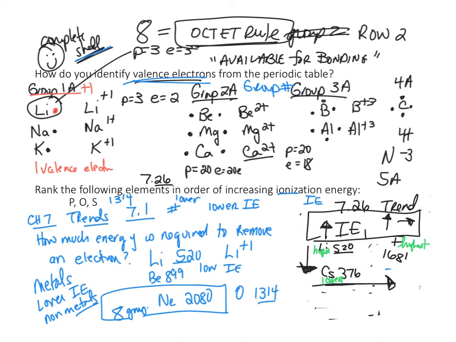And so these are the ones that have the highest ionization energy, the ones that do not want to form a positive charge. So we have sulfur here. Sulfur is 999. Oxygen is 1314. Well, is sulfur below oxygen? Yes. And then phosphorus is